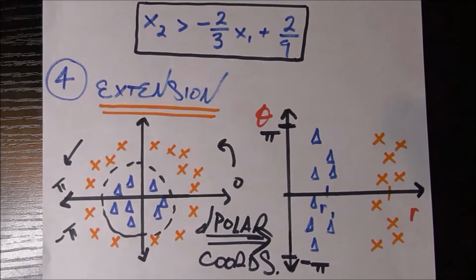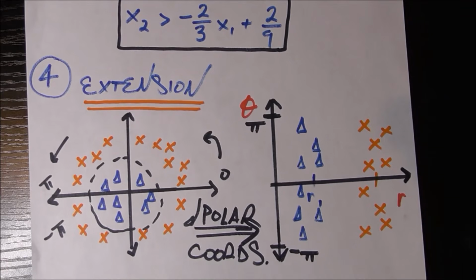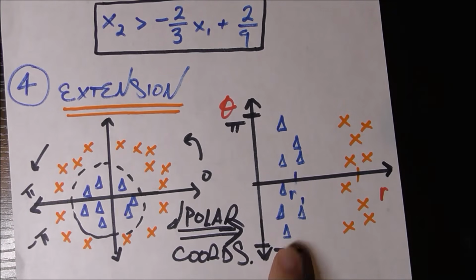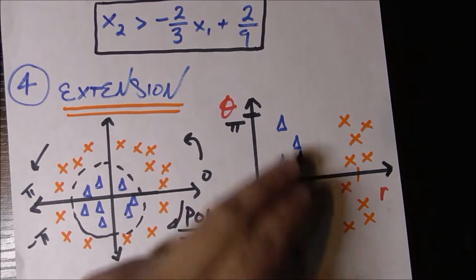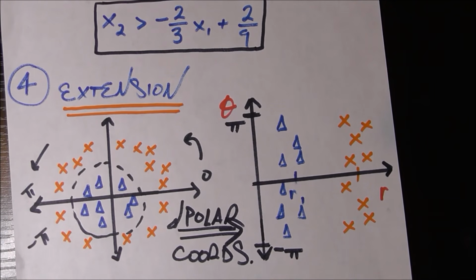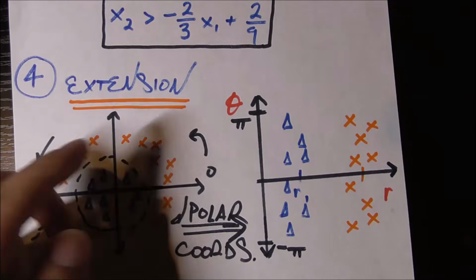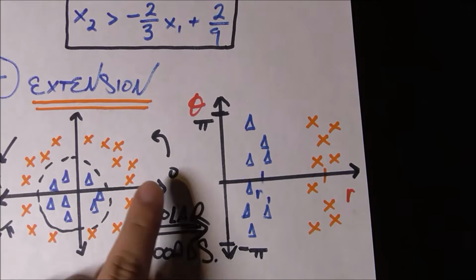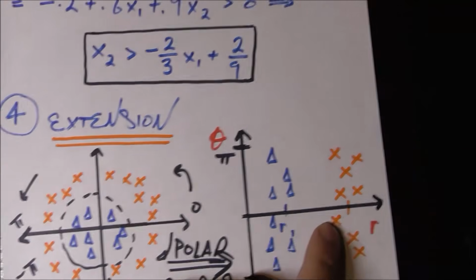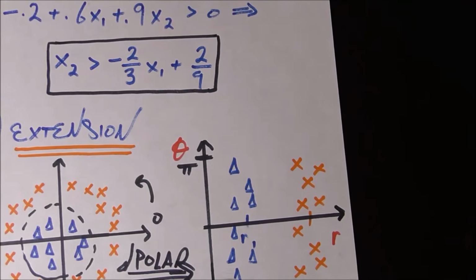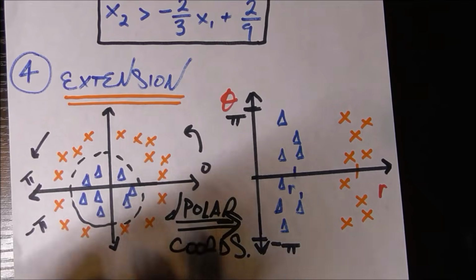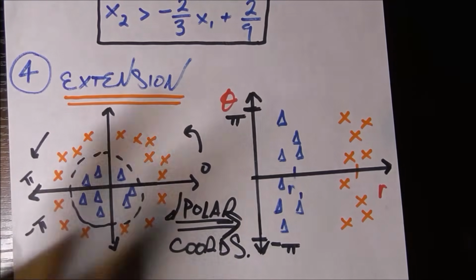Okay, so in this case, we see that this inner circle more or less maps to this kind of distribution because there are all different kinds of thetas, but they're around the same radius, clustered around this R1, let's say. And this outer circle are at all different thetas also, but they're more or less around the same bigger radius, some R2. So when we map this previously not linearly separable data set into polar coordinates,